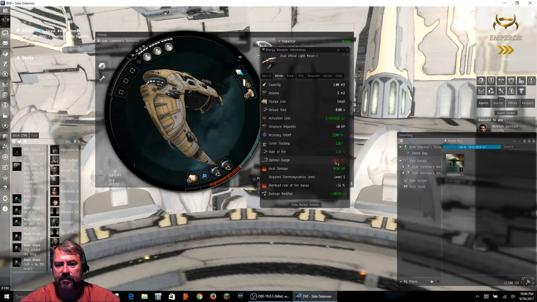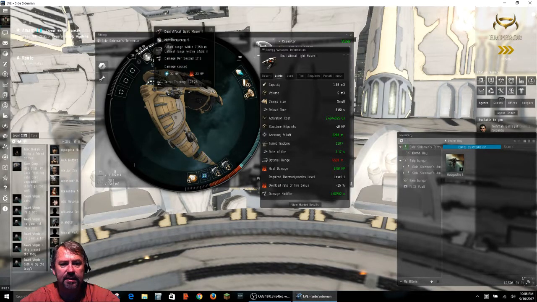But look, I've taken some minuses here to my base value. There's a modifier. Optimal range went down. Base value was 10, and I'm at 555. I don't know why that is. Maybe because of these. Yeah, here. These, I equipped these